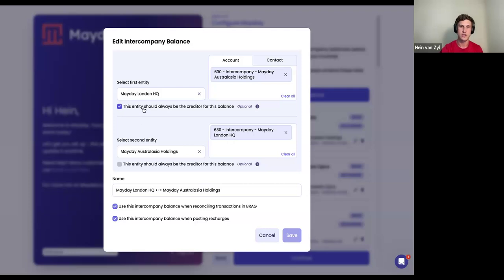And then once again, for these little tick boxes down below, this relates more towards your interest that's being posted. So you have the opportunity to set this to be always the creditor, the one charging the interest, or not having the FX adjustment within that one. Or if you untick that specific box there, what we're going to do is work out the balance between them. So whichever has the debit balance is going to be seen as the creditor and going to raise the interest, and whoever has the credit balance is then going to be the debtor, and they're going to be charged the interest. But for now, we've set it up so that our London HQ entity is always the creditor raising the interest.